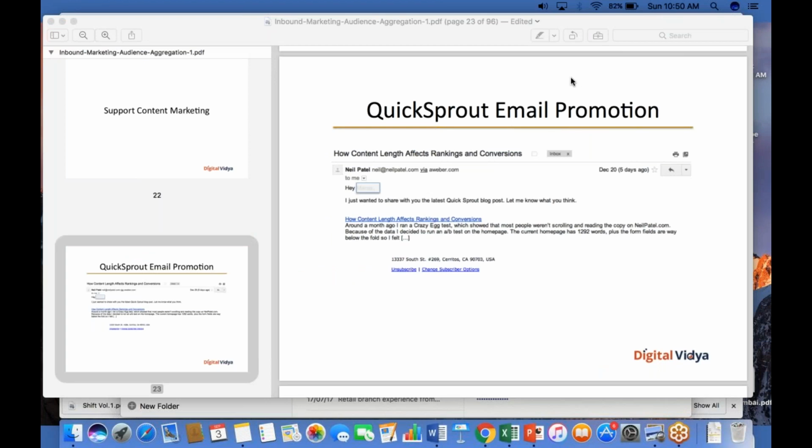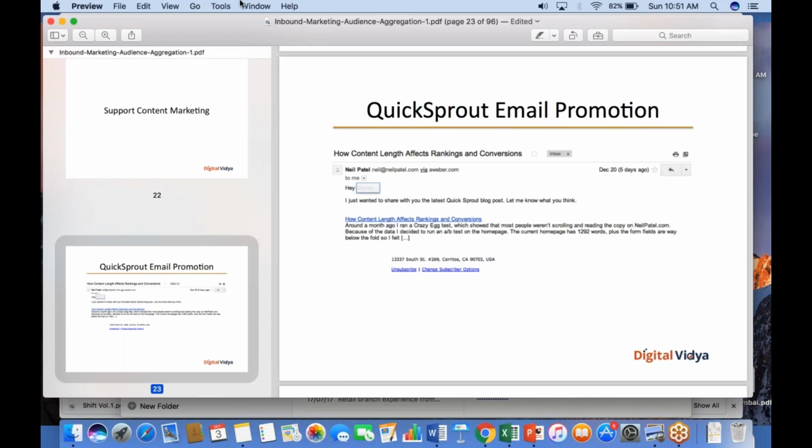He was, in fact, the founder of Kissmetrics as well, which is a huge global platform for web analytics and customer engagement. It does everything from A/B testing to marketing analytics to product analytics, mobile app analytics, and so on and so forth. He's also a global thought leader, very similar to Avinash Kaushik. He's a thought leader on digital marketing, on product conversion optimization, and so on. Quick Sprout is another of his brain children, so to speak.